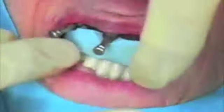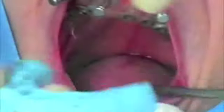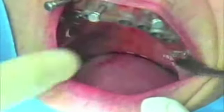Following the positioning of the third anchor pin, Leah is allowed to open her mouth, the bite registration is removed, and we can see the